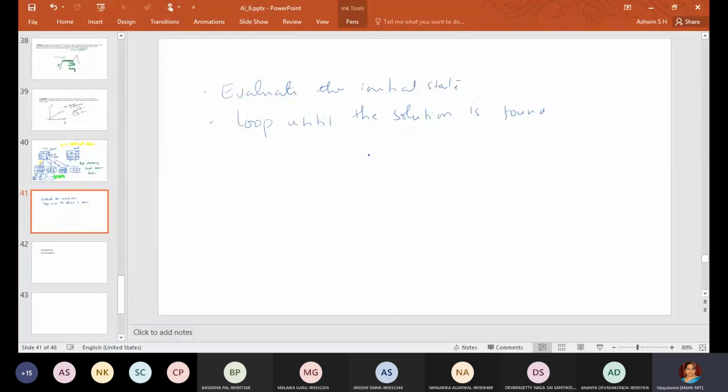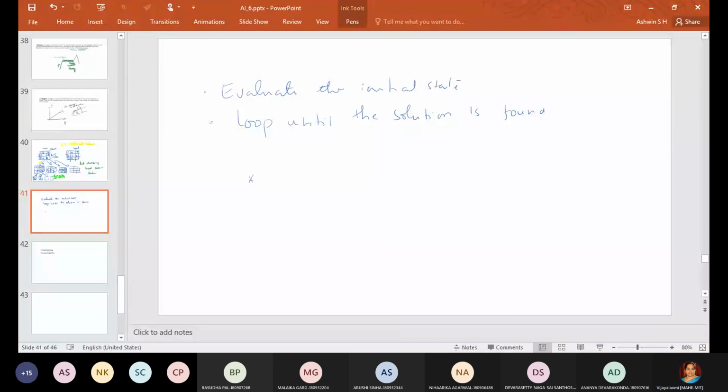Okay. Then next, third step is, if the goal state is better than the current state, then it is the new current state. Okay. If the neighbor state, which we are telling, is considered to be better than the current state, then it is a new current state. That's all in the simple hill climbing technique.